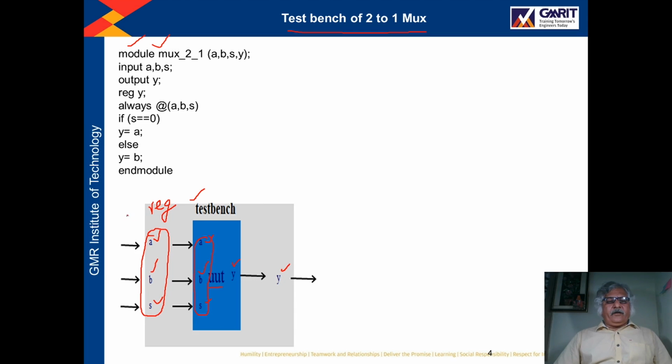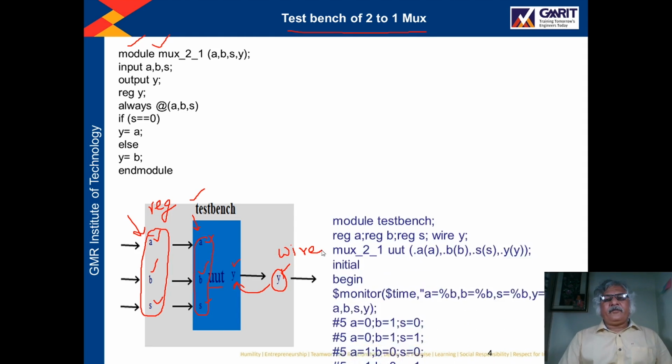So here these ports are associated with the input ports of the unit under test. That's why A, B and S will be declared as reg type in the test bench. The port of the test bench which is associated with the output port of the unit under test will be declared as wire in the test bench.